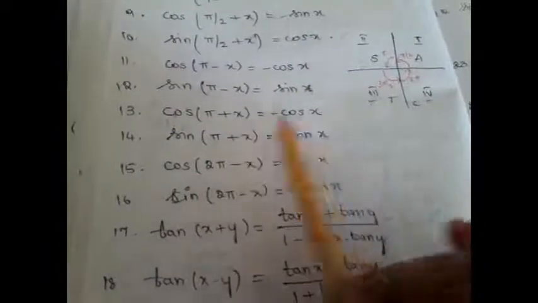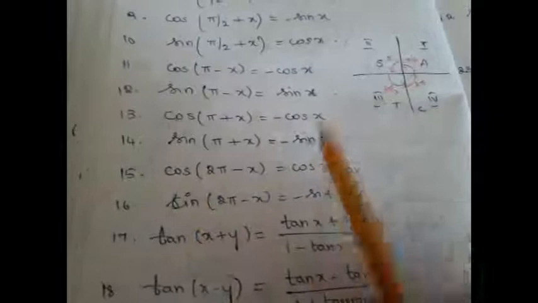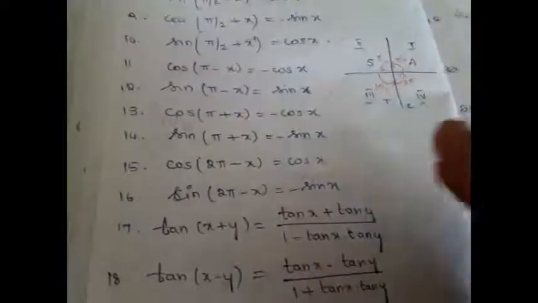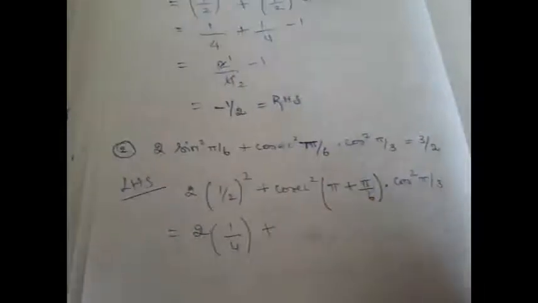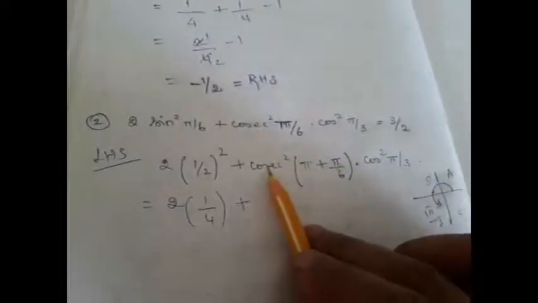Even if you add pi also, it will remain the same trigonometric function, only the sign will differ. The same way their reciprocals also will behave. So cosec(pi plus theta) is going to be cosec theta only, but we need to check the sign. If pi plus some angle, it will come to the third quadrant. In the third quadrant, all silver teacups, only tan and its reciprocal is positive. Cosec is the reciprocal of sine, therefore it will become negative.